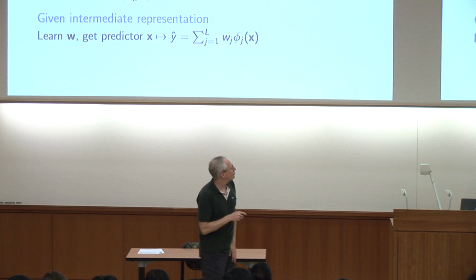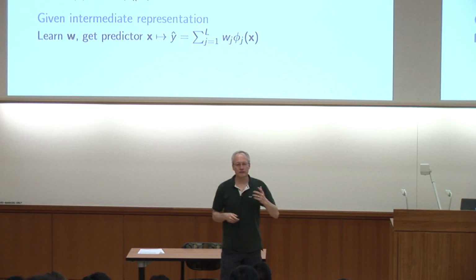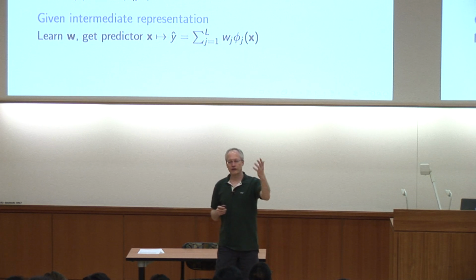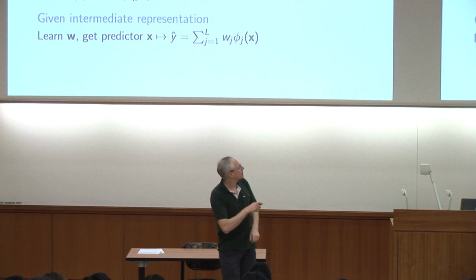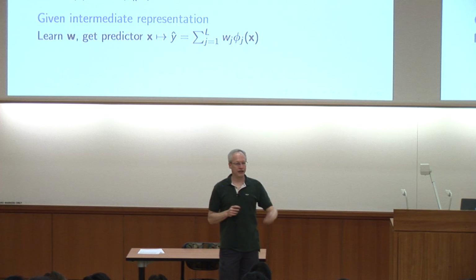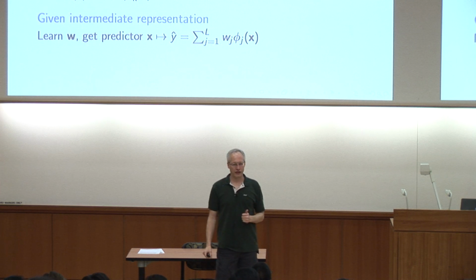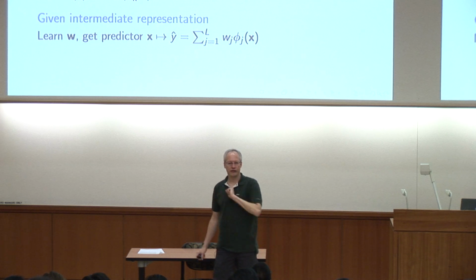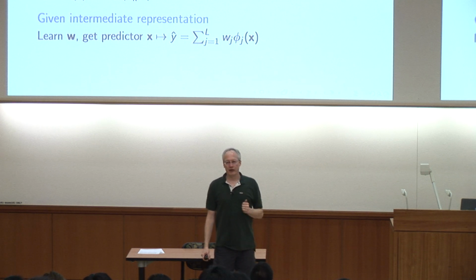Here's a problem. If you want to do something fancy like this, and I'll get to techniques that we're exploring now to do things like this, and it's intractable, put yourself in the position of somebody in practice. They're not machine learning researchers. They're not optimization researchers. They download code on the web. They model their little problem, so they set up their little architecture. On their data, they hit solve. Thing comes back with a solution. Well, it's intractable. What it's come back with is some local solution it could find. Great, they say. And then they take their holdout test data, and they evaluate their predictor, and they go, ugh, that's bad.